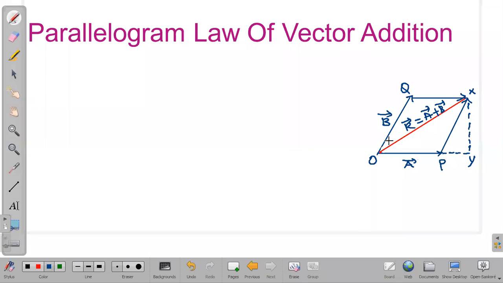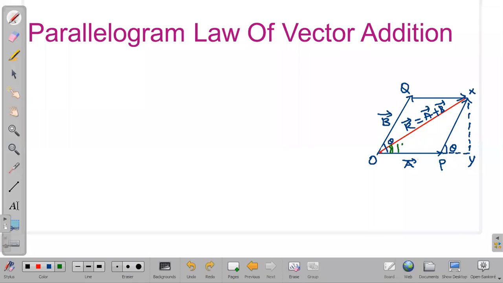Now here I am taking some angle over here. This angle is theta, that means the angle between OP and OQ, the angle between the two vectors. So these are the same. Now here it will be theta, the same angle will reflect here. Now one more angle I am mentioning here. I will take some other color and mention it. So this angle I am taking as